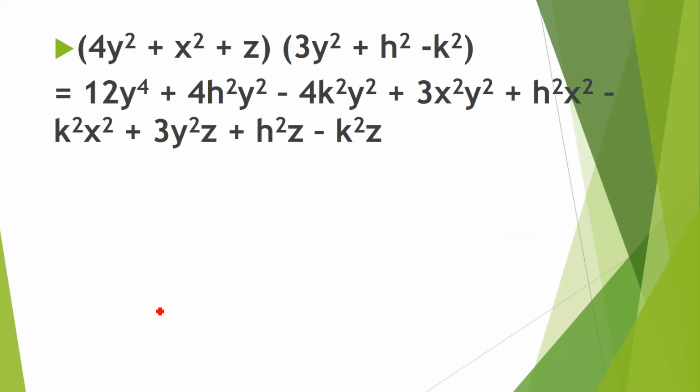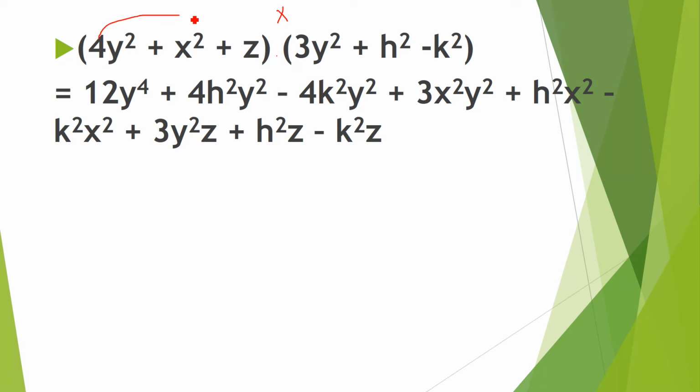We will discuss one more question in order to understand the concept of the horizontal multiplication. So 4y square plus x square plus z, here we have y, z and x. So you should be very careful. First you have to multiply 4y square with this parenthesis, then plus x square with this parenthesis, and then plus z with this parenthesis. There is no sign. First you have to see if there is any sign. No sign between these two parentheses. Multiplication you can represent with the dot, or you can with the multiply sign.